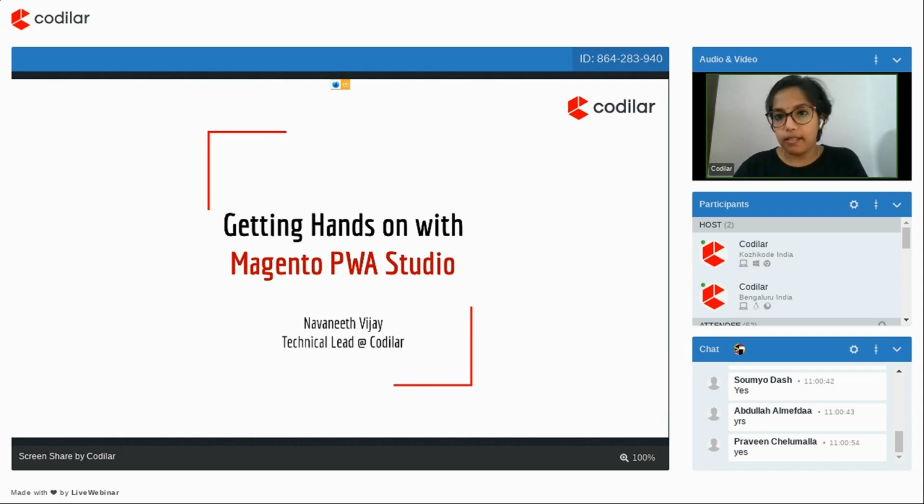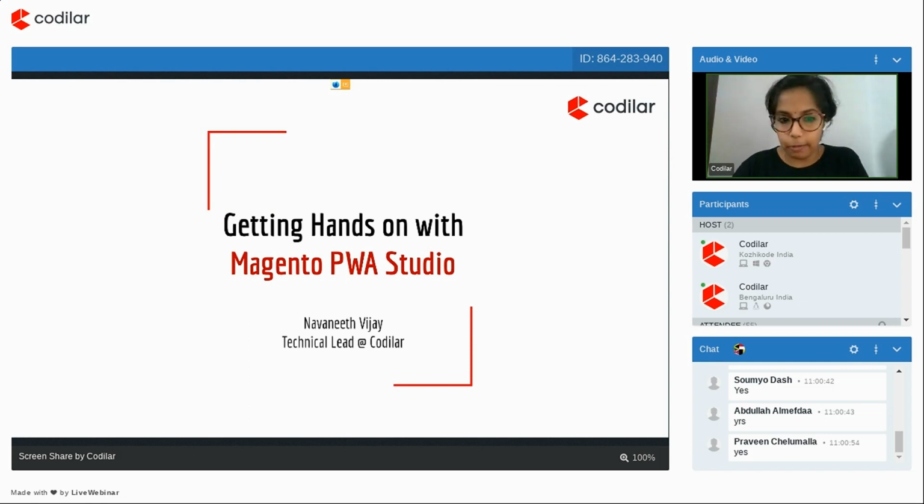Then next, we will be moving on to hands-on with PWA Studio, in which we will cover setup and installation overview, taking you through the project folder structure of the application we are going to build. And also we will do a few customizations on React components